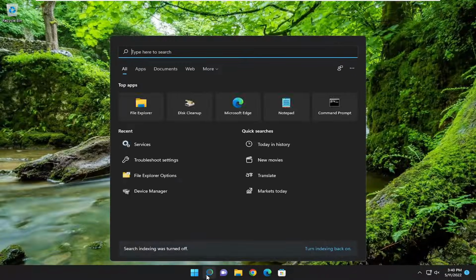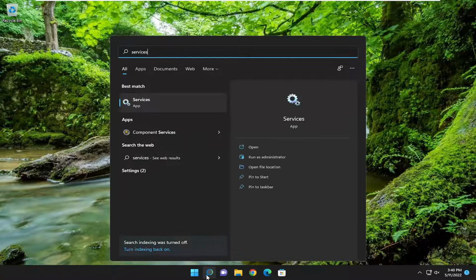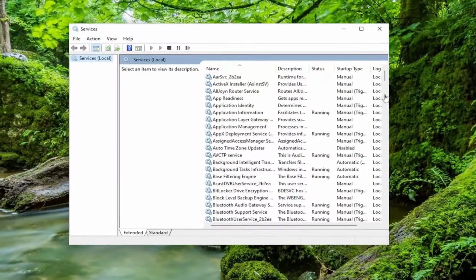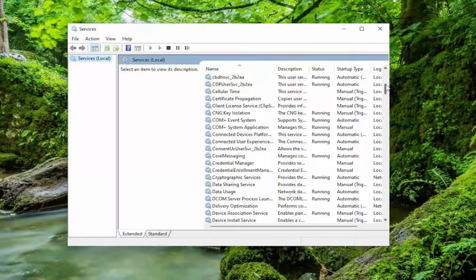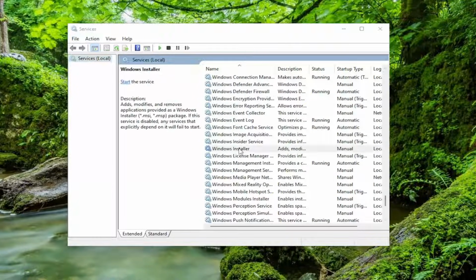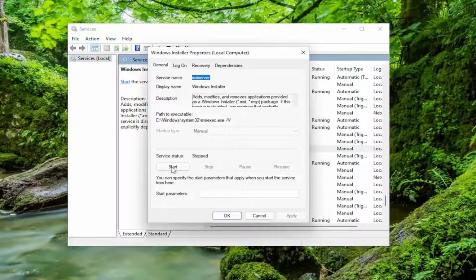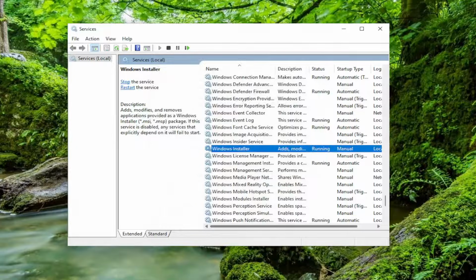Next thing you want to do is open up the search menu and type in services. Best match should come back with services. Go ahead and open that up. And you want to go down to the Windows installer service and double click on it. You want to start the service, so go ahead and select start and then select OK. And now attempt to install whatever program or application you have the problem with, and hopefully that has resolved the